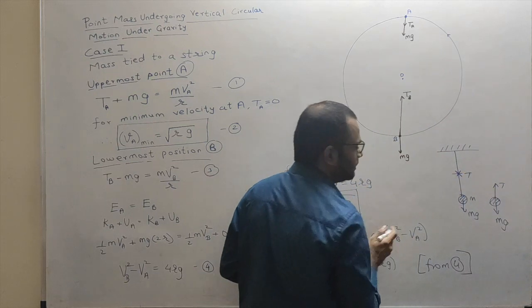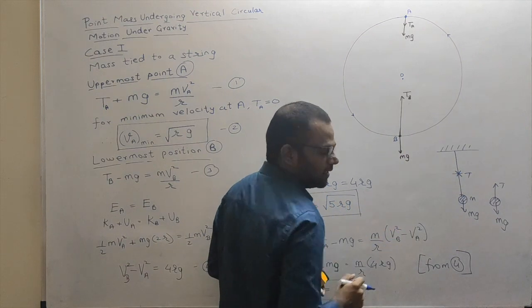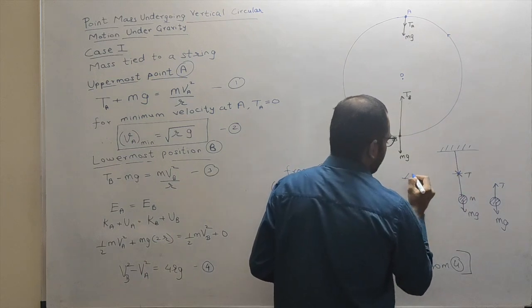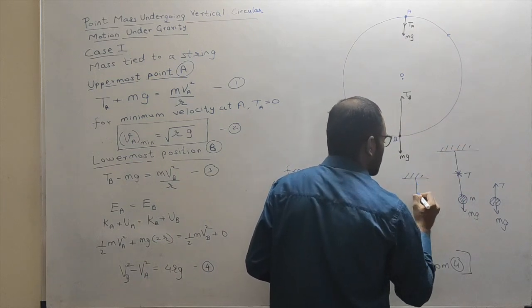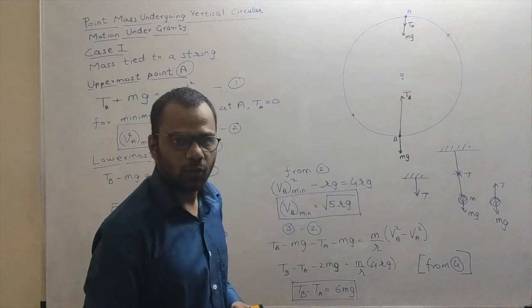So you have to look at this part. Tension in the string is in the upward direction for this bob. Or if we want to find the force acting on the ball, the force due to the tension will act in this direction, in the downward direction.